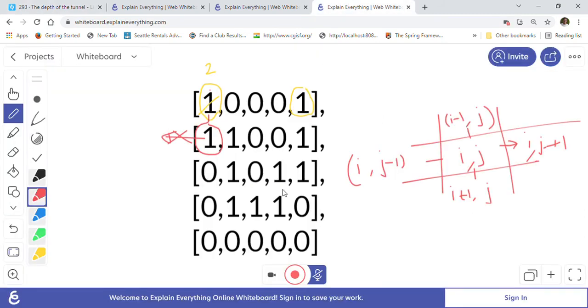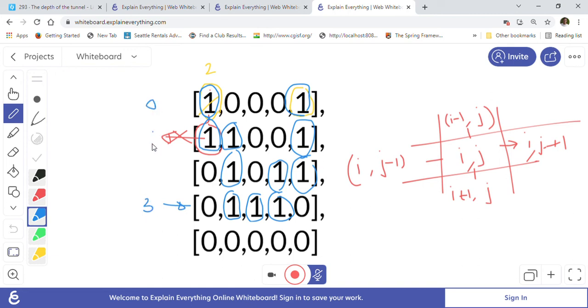So now let me just show you here. So here the path will be, let's say, like this is the one, right? 1, then 2, then 3, I'm highlighting the path, 4, then 5, then 6, then 7, 8, 9, 10, and 11, right? So 11 is the length of the path, and maximum depth that we have reached is 3, right? Because we are starting from 0, 1, 2, 3. So that's what it should return.